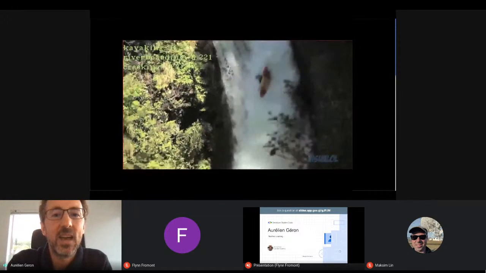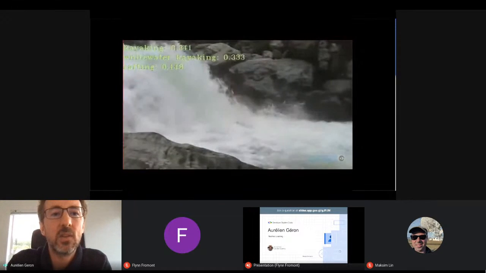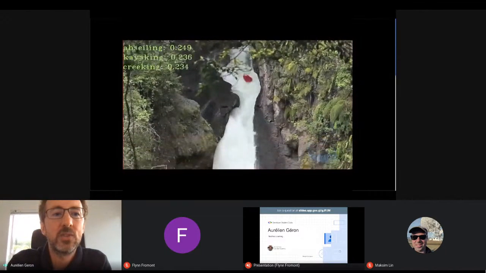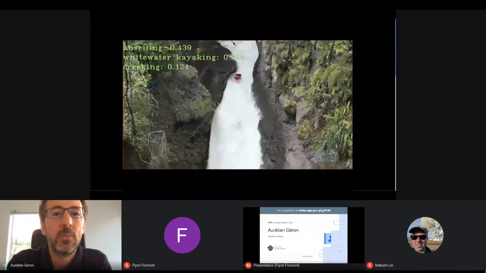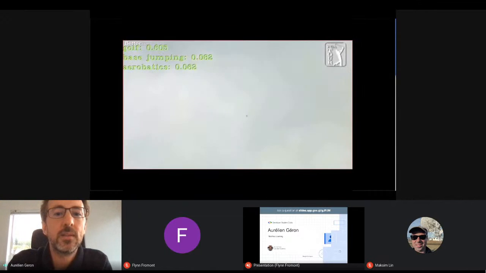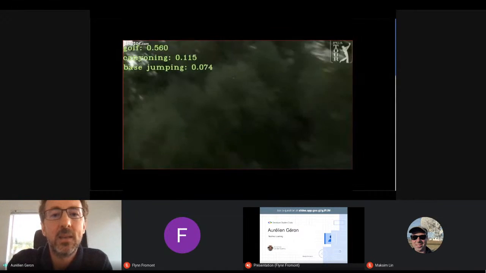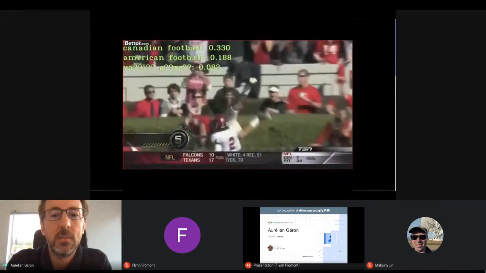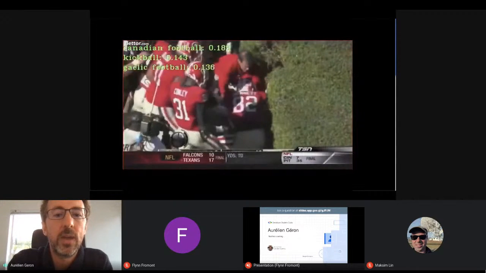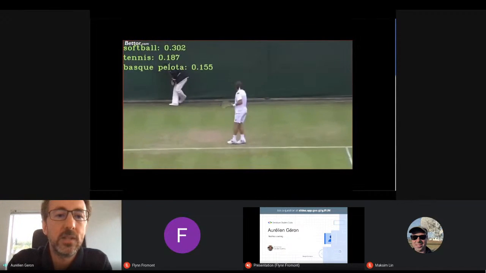And when it gets it wrong, it's still in the right ballpark, which I find interesting. Here in the golf, when it sees the ball, it says golf, and then it says model aircraft, and when you're back to the ground, it says golf again. So you can tell that it's making reasonable guesses based on the images. And this is just one neural net trained on plenty of images.